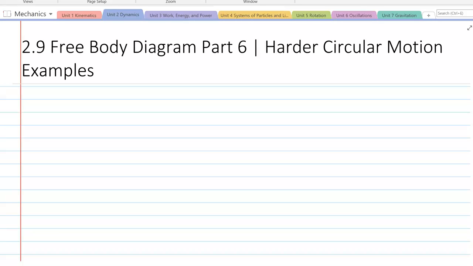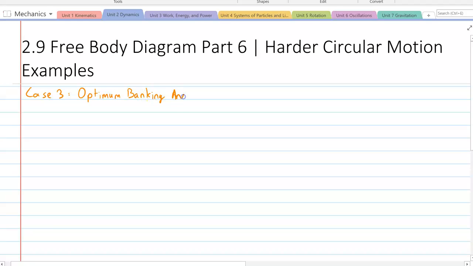So now we're continuing with our circular motion examples, looking at harder problems. So let's begin with our first one straight away. We're going to begin with case 3. So this is kind of like a continuation of last video. Case 3, we're going to look at something called optimum banking